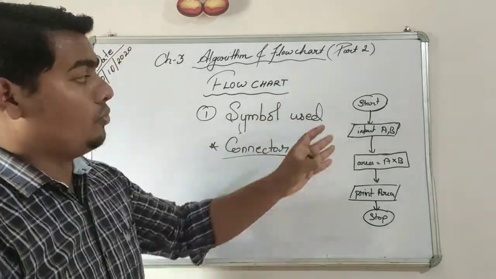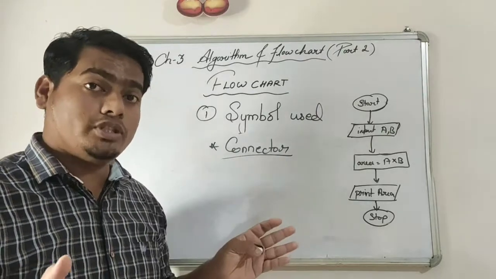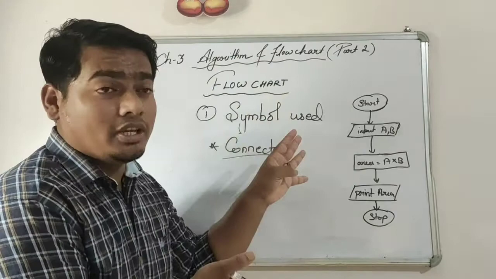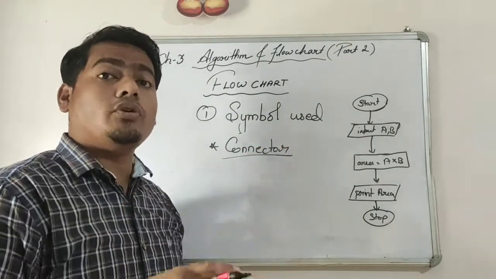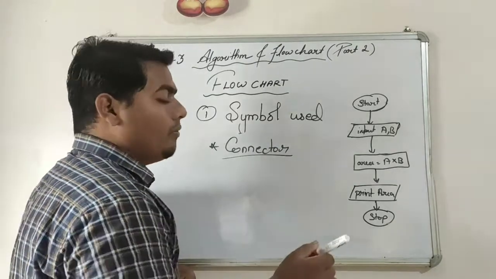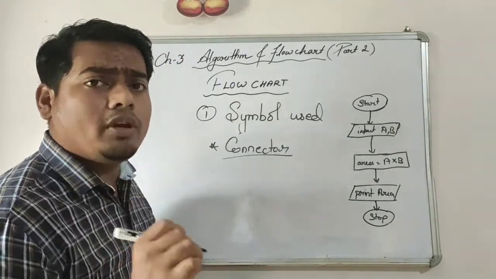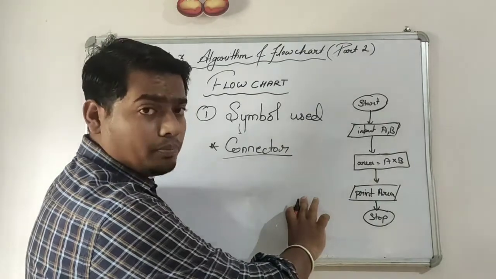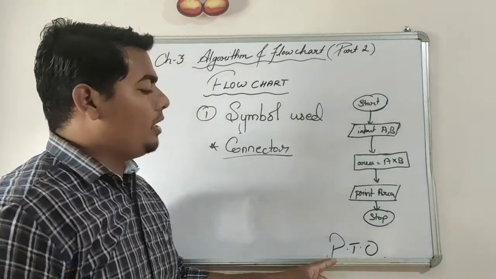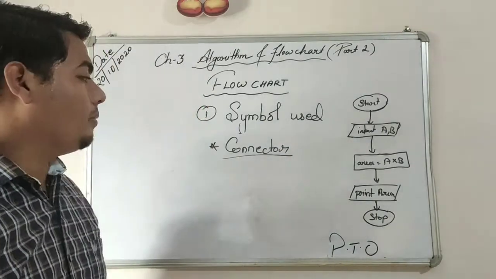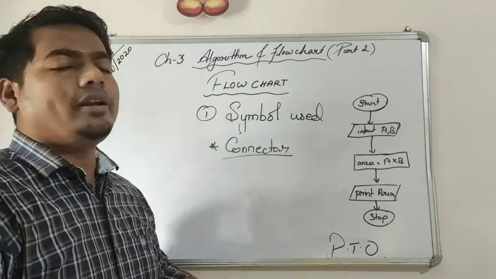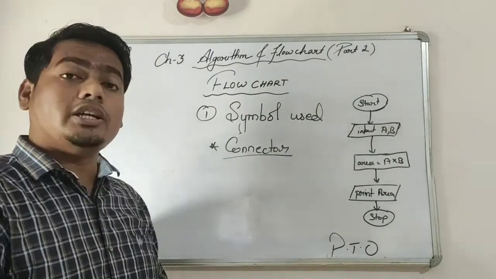In the same way in a flowchart, if you are using a bigger, lengthier flowchart that is not able to fit on a single page, you have to draw the next page also, and then you have to connect with a connector. For example, when we are writing in a copy and the answer is not completed in one page, we write PTO at the bottom. Please turn over means you ask the person to turn over the page. But in a flowchart, you can't write PTO. You have to write in a flowchart manner only.